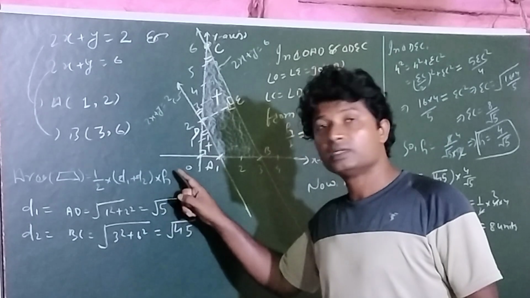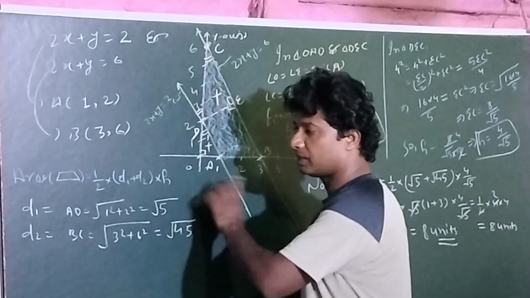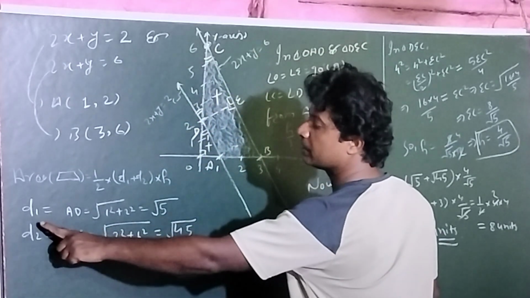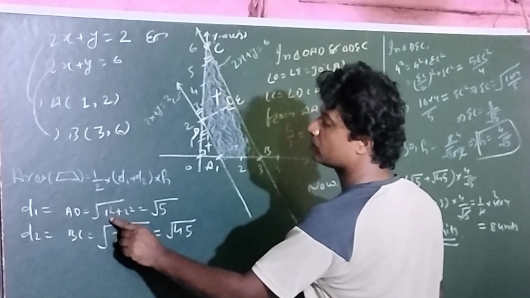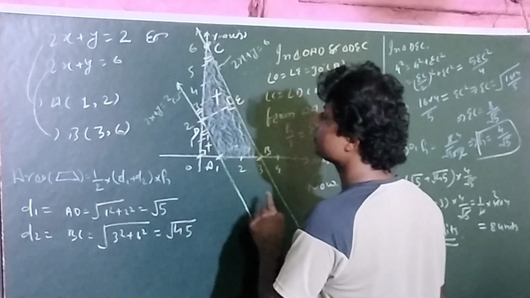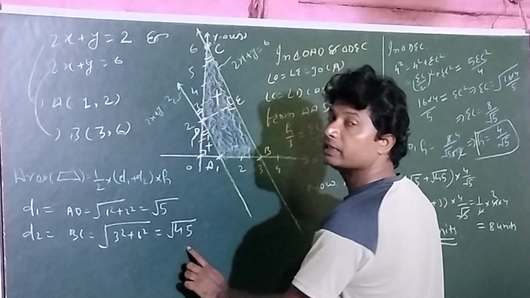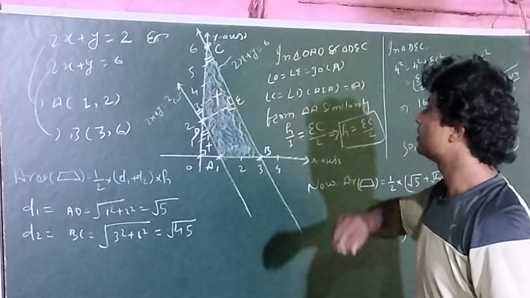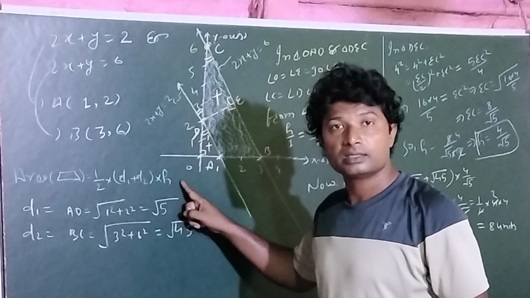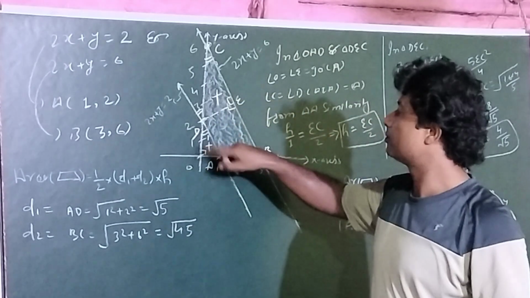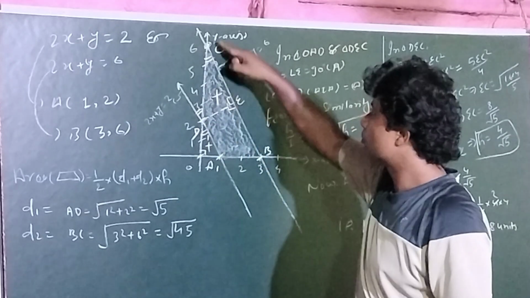The area of a trapezium is equal to half of the sum of parallel sides into the distance between the parallel sides, and that is h. Here we are finding d1, that is AD. AD is root under 1 square plus 2 square, and this produces root 5. Just like d2, BC is root under 3 square plus 6 square, and it produces root 45. Now, to find the area of the trapezium, first of all we have to find the distance between the parallel lines. So for the distance between the parallel lines, I have drawn a perpendicular from D to the line BC